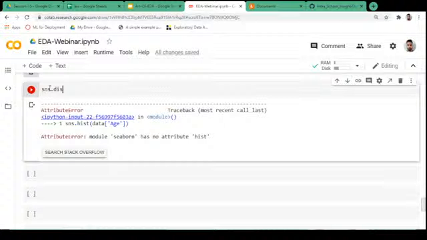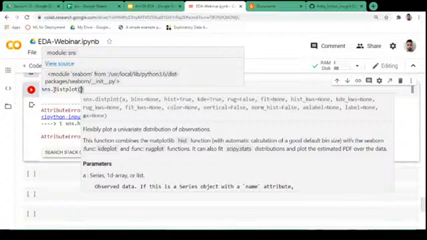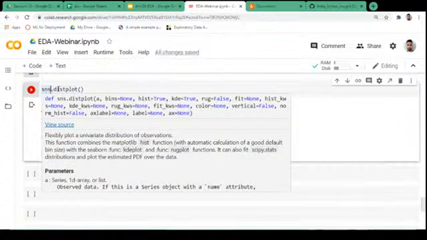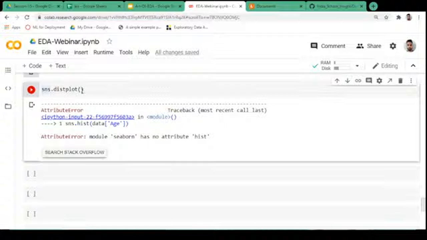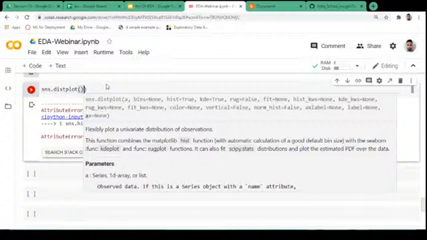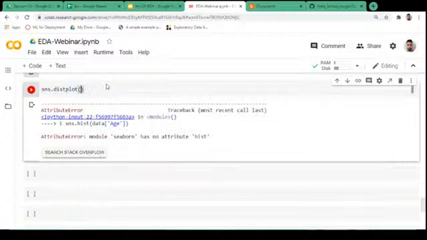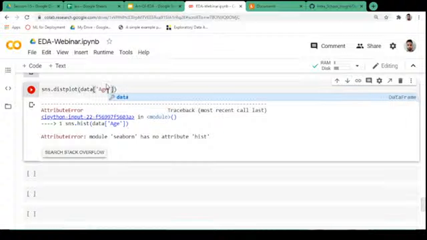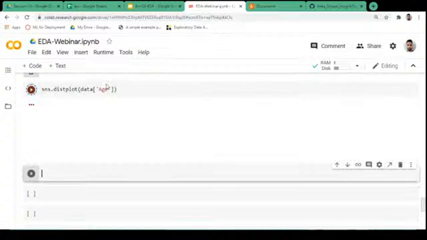You don't plot hist, but in Seaborn we plot the distplot. If you go for plt or matplotlib, you can use plt.hist, but here we are using the Seaborn package, so we have to write sns.distplot, and inside the braces we give data and our feature, that is age. And now if we run this,